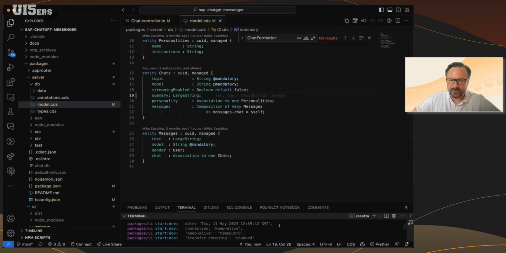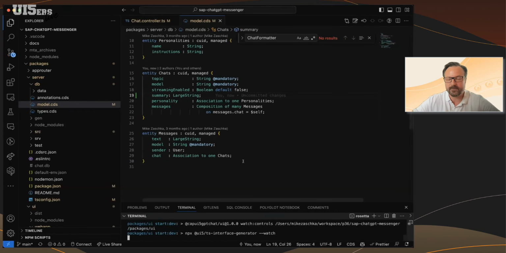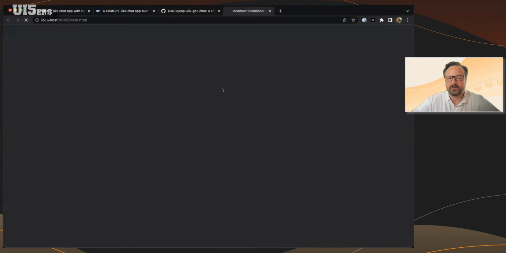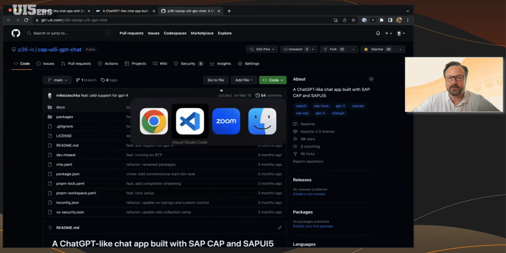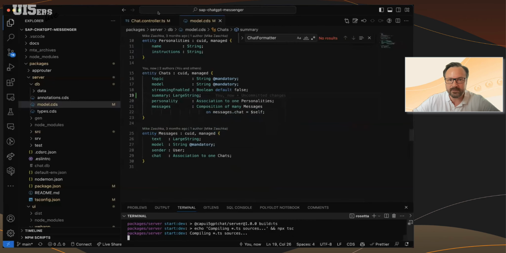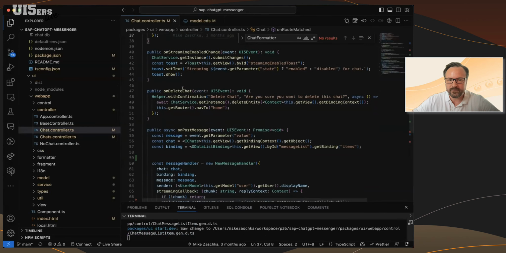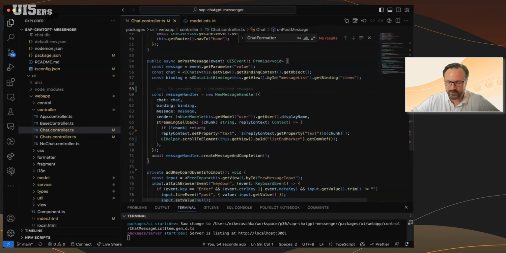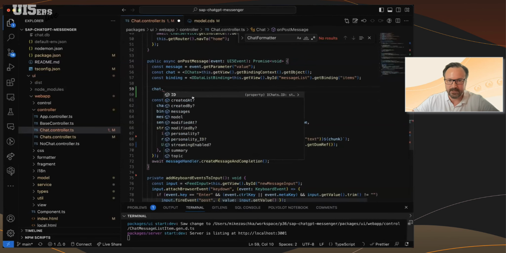I'm going to deploy this to the local database and restart the server. And when I go back to my controller and grab the chat object again, you can see that the summary field is already available, right?